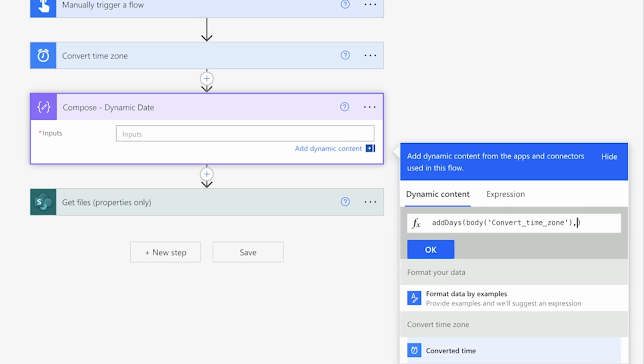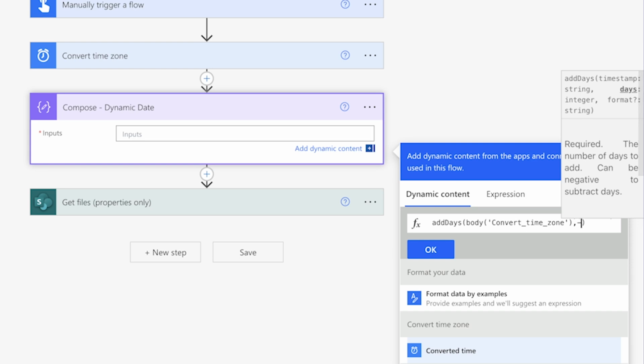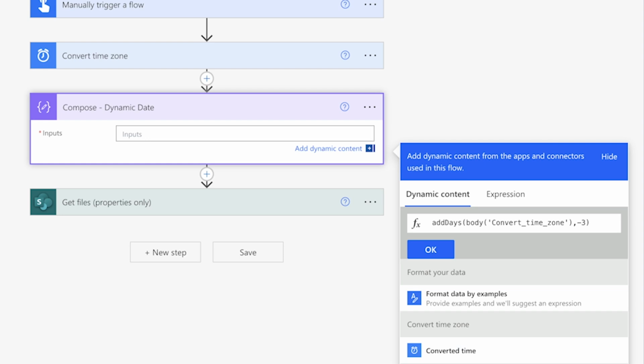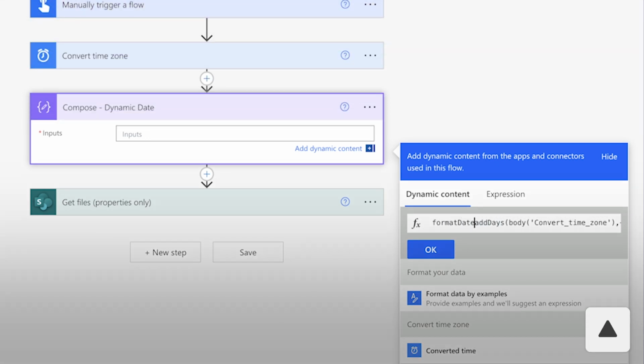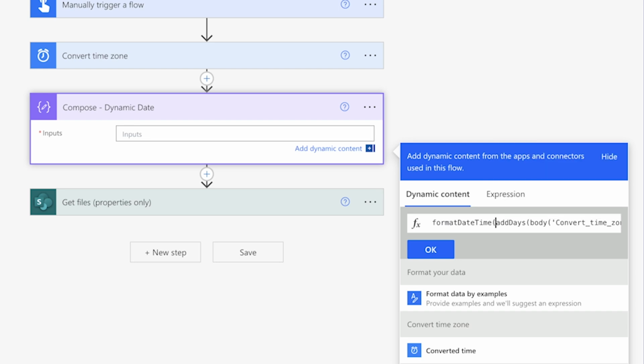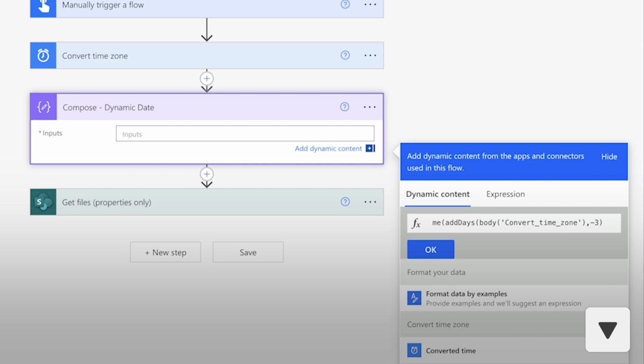Add a comma after the dynamic content and insert a positive number to add days or a negative number to subtract days. In my case, I'll insert a -3 to subtract 3 days. To convert this date into a timestamp, we'll need to wrap this entire expression with the format datetime function. Place your cursor at the start of the expression by pressing the up arrow key and type in format datetime